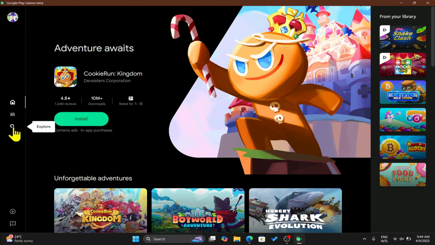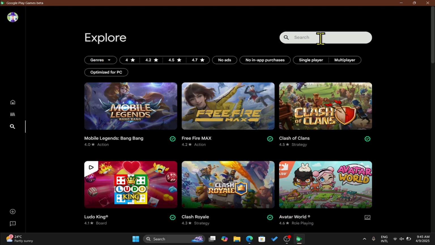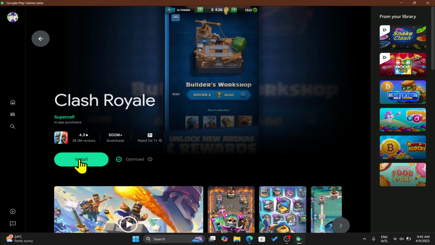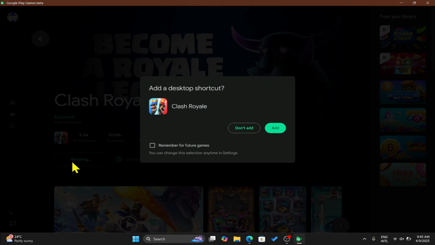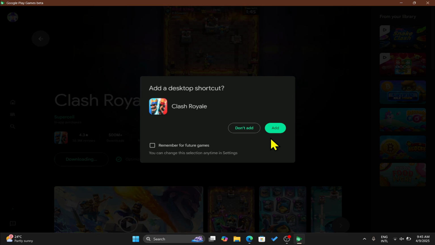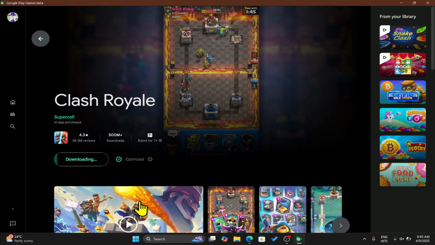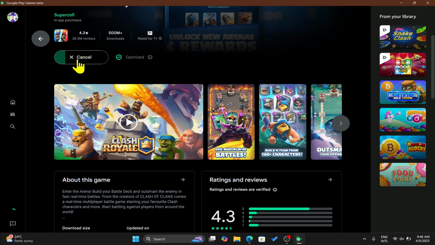And now from the home page, just click on the search button. Then just type in Clash Royale within the search box, and once you find the game, go ahead and click on it. You will now see the install button. Click on the install button, and now you can also choose to add a shortcut on your desktop. Just wait until the download is completed, and once it is done, you will see the play button over here,